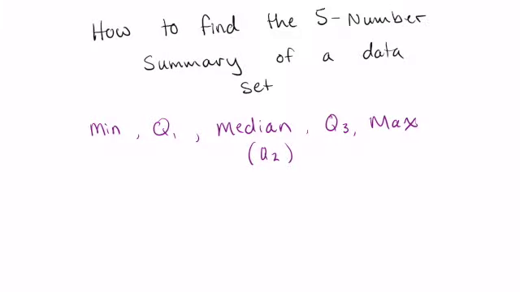What's going on, guys? In this video, we are going to look at how to find the 5-number summary of a data set. 5-number summary is extremely easy. It's really just 5 pieces that we need to memorize. But the 5-number summary allows us to create a box and whisker plot and gather some really useful information about our data. So the 5 pieces that we are going to look at are the minimum value, or the smallest number in the data set,